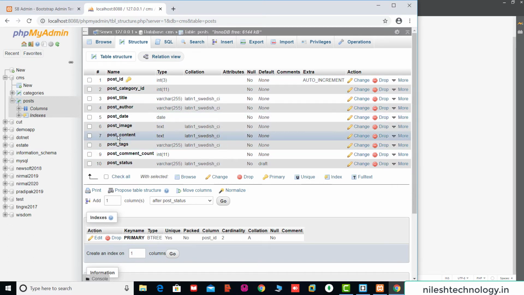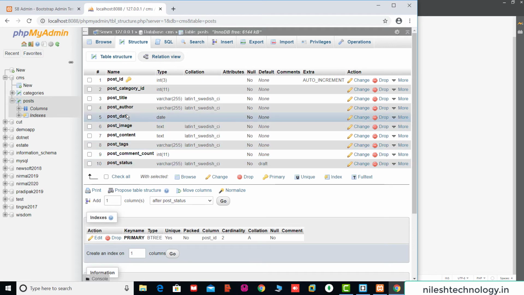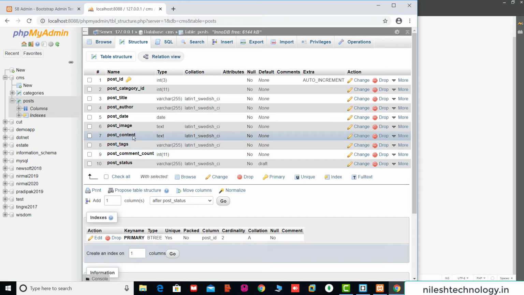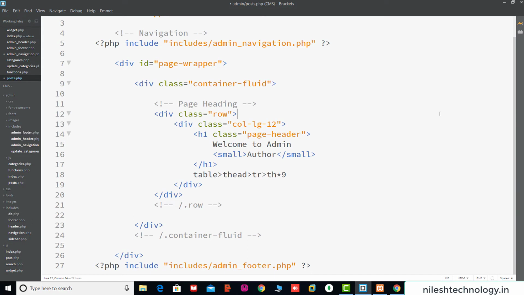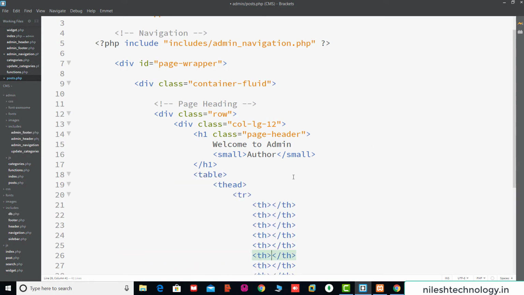Except this post content, because the post content is multiple lines of code, we print all these data inside this post table. So except this post content column, we add the other 9 columns in that section. So here we use the th, 9 columns, and we add them one by one.